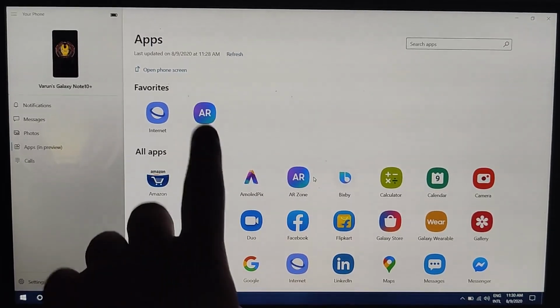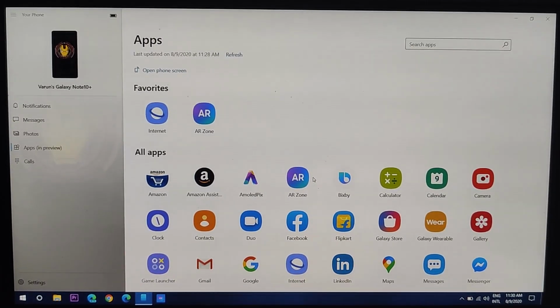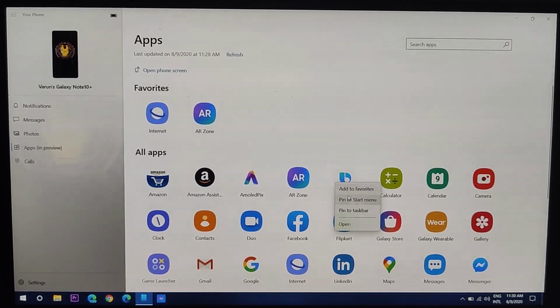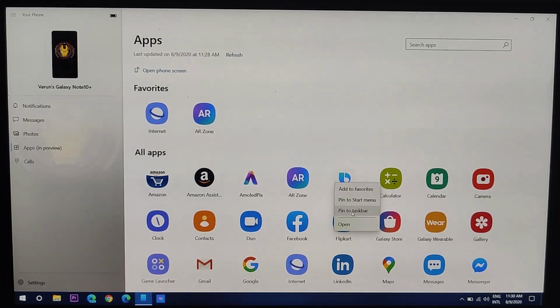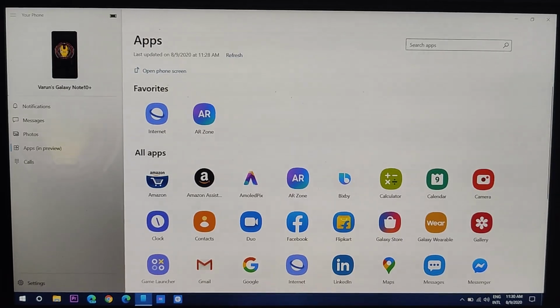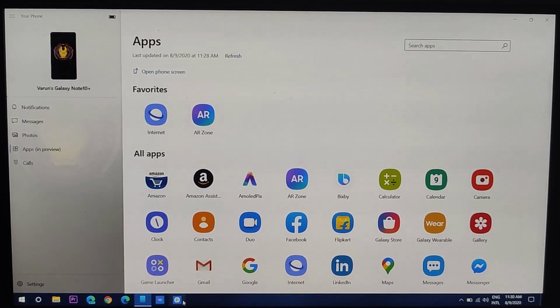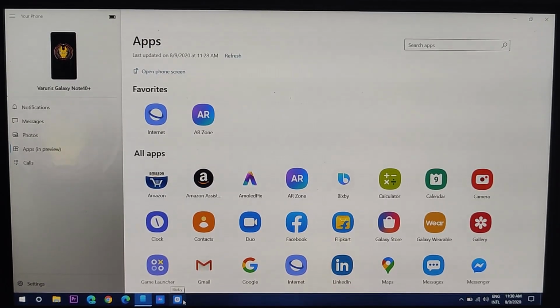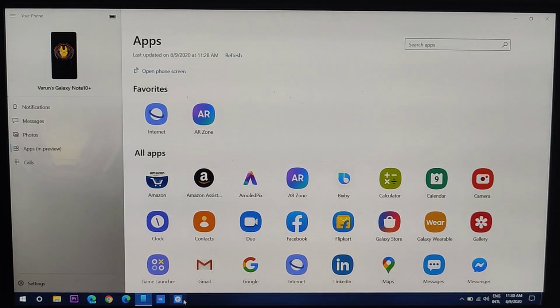One thing is you can pin it to the favorites. So when you do that, this application will appear over here, which is there on the screen. Another thing that you can do is you can pin it to the start menu, then it will show up in the start menu directly. And then the third thing you can do is pin it to the taskbar over here. So when you do that, that application will appear over here. So now again, as you can see, there is a weird blue border over there. These are just bugs which are there in this early build of this feature, but I think it will be solved in the future without any doubt.